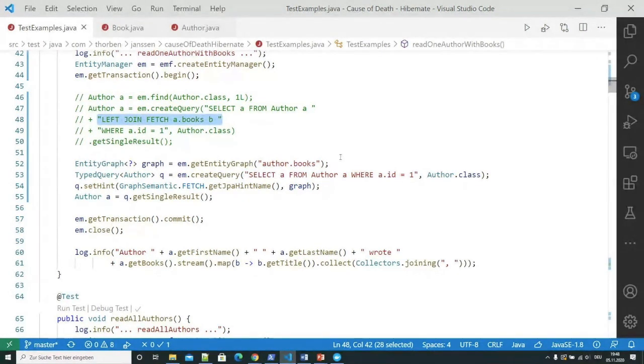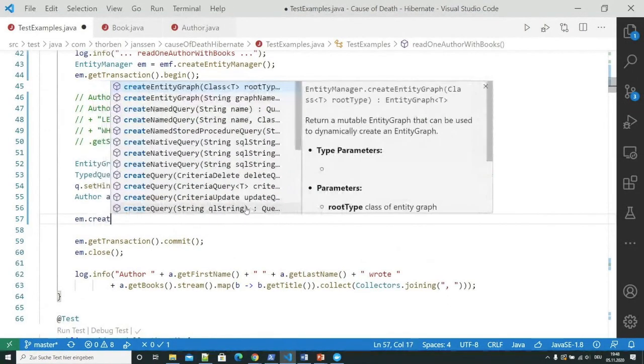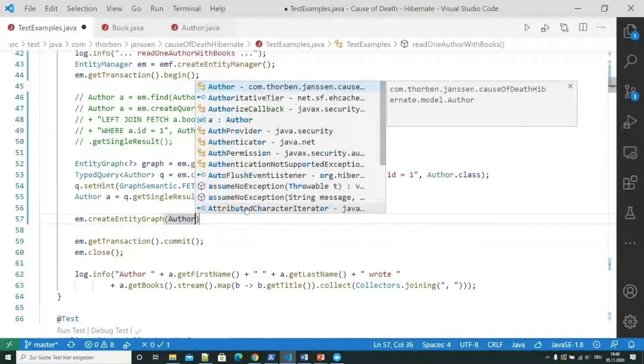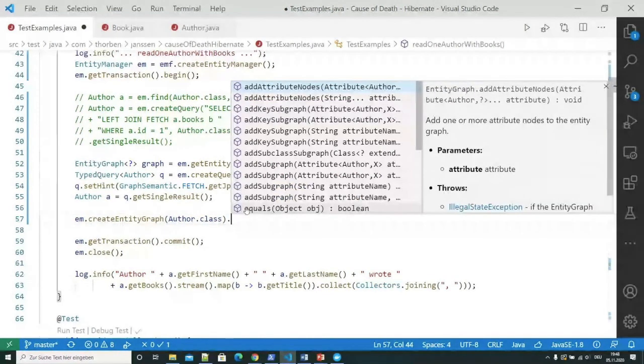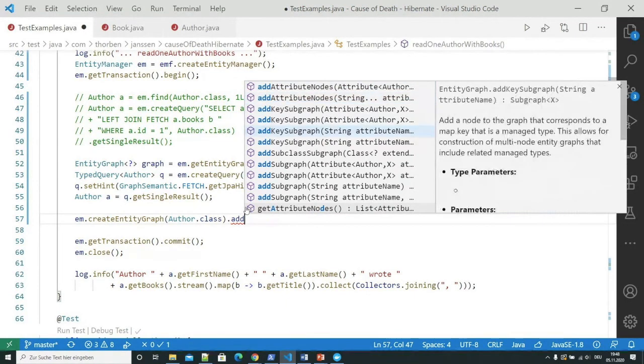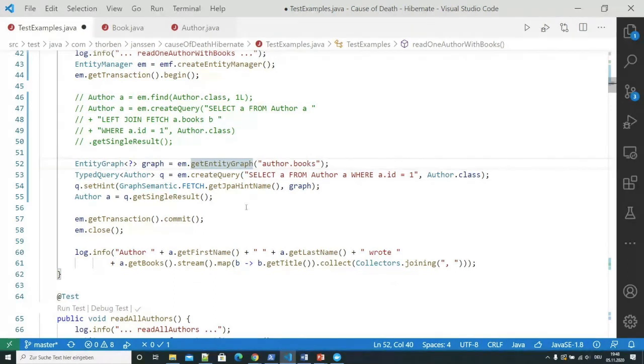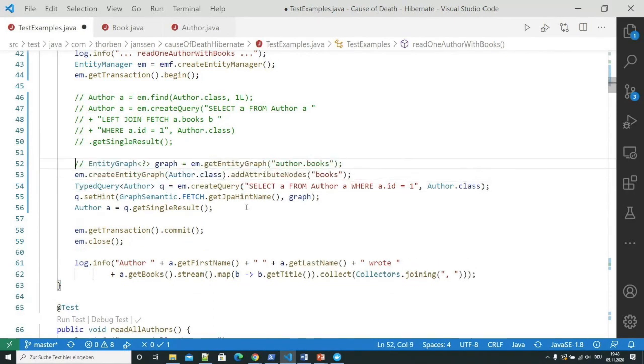So you could also do create entity graph on the author class, and then either add attribute nodes or add subgraph to then fetch the books. So I could use that instead of the named entity graph as well.